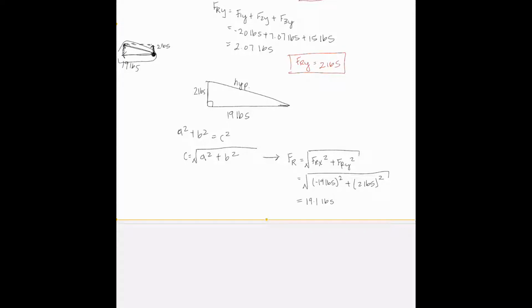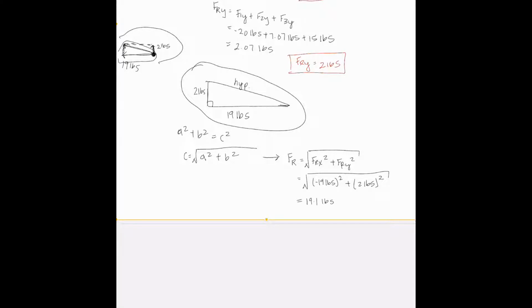Now, you may be asking yourself, well, if we're just going to square these numbers, why does it matter if we know that it's negative or positive? Because when you square a negative number, it's just going to end up positive, right? Well, it's important because of this right here and here. It lets you know which direction that force is